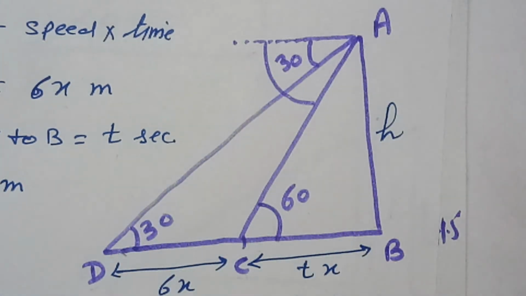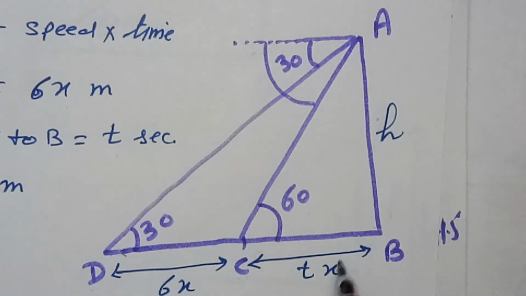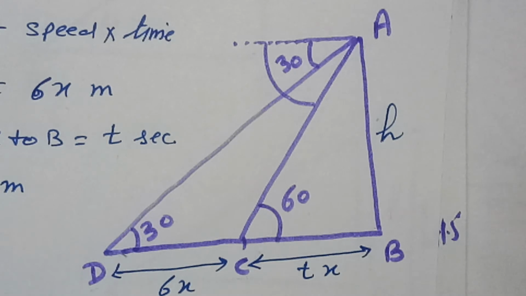The point D is the point where he saw the car, which is approaching the foot of the tower with uniform speed, moving towards the foot of the tower, towards point B. Six seconds later, the angular depression of the car is found to be 60 degrees. At point C, the car reaches after 6 seconds, so the angular depression here is 60 degrees.